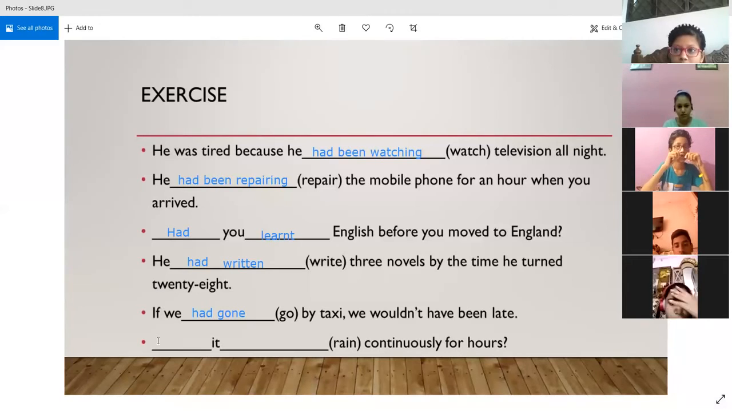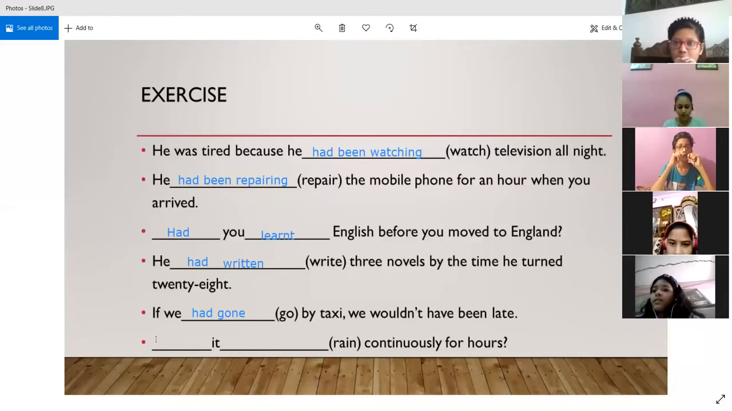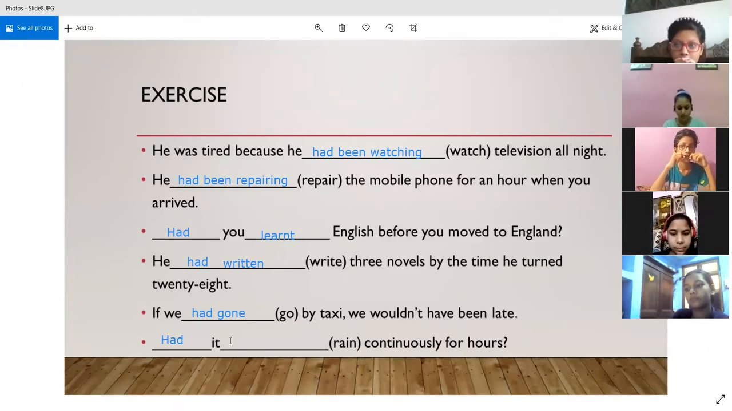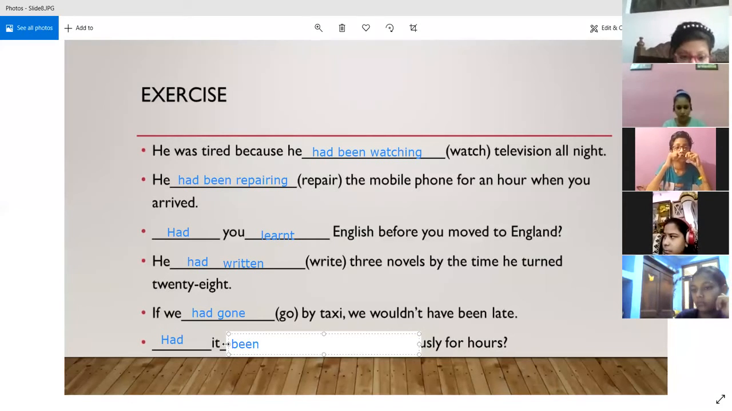Sir, the answer is it raining continuously for hours? It is already present, Rishik. What will you use before it? The blanks before it. What will you use in that? Had. Yes, now you are correct. So after that, had it raining? No, had it been raining. Sir, you still don't remember the past perfect continuous form? Had it been raining